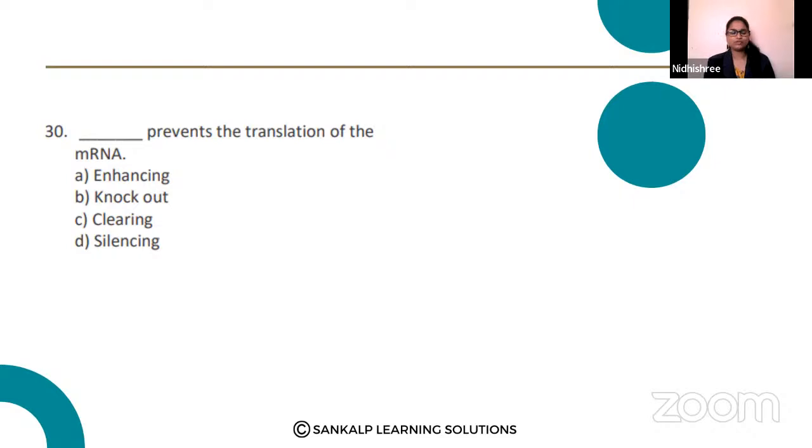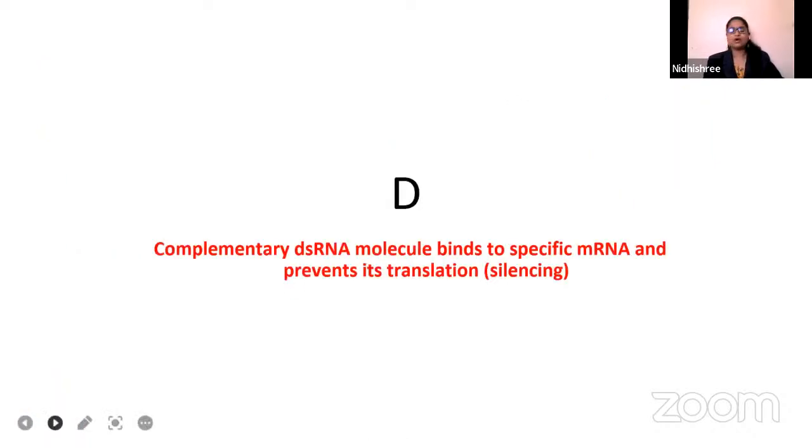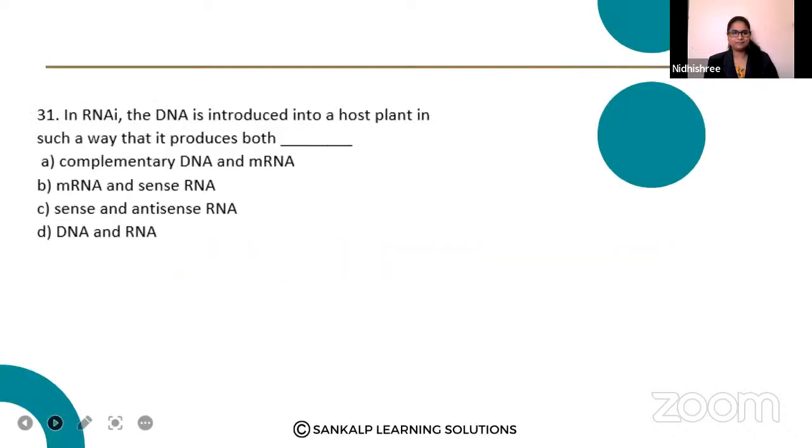Fine. Most of them voted for option D. I'm sorry, option D is the right answer. 31st question: in RNA interference, the DNA is introduced into a host plant in such a way that it produces both